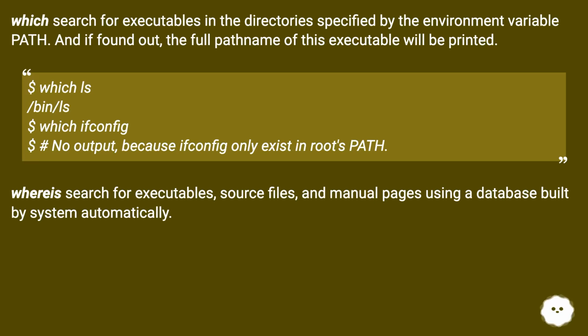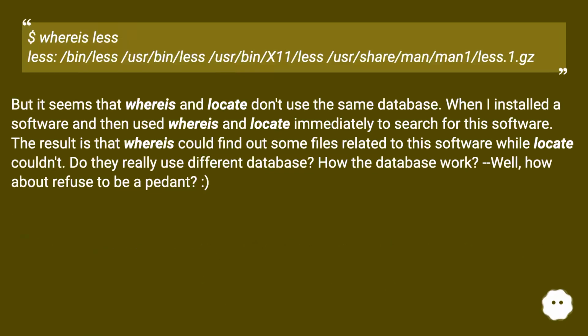Whereis searches for executables, source files, and manual pages using a database built by the system automatically. $ whereis less less: /bin/less /usr/bin/less